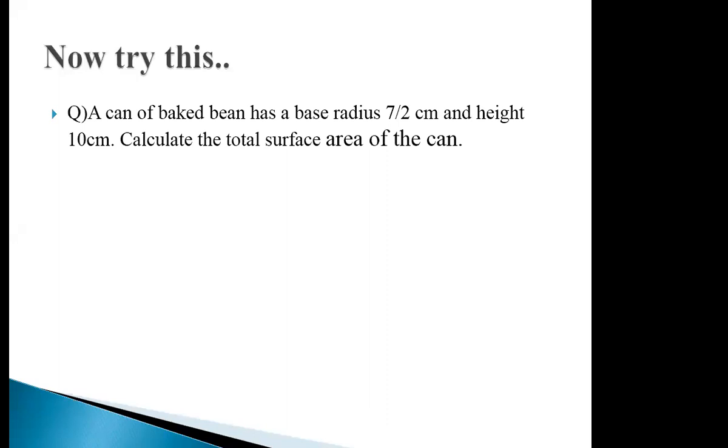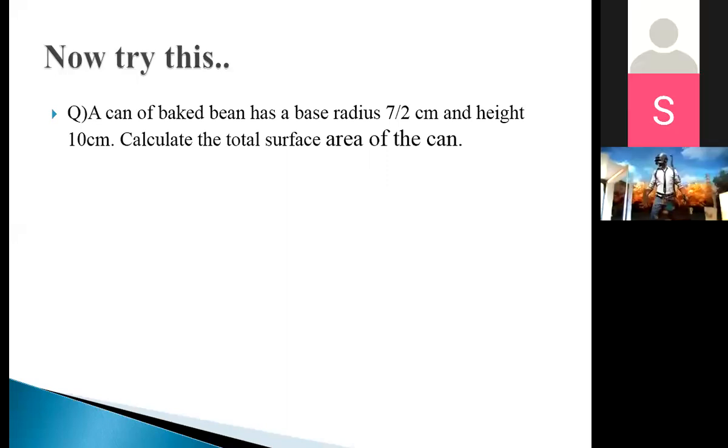Okay. So try this question first. You will draw the cylinder and then you will mention all the dimensions. That is, radius is 7 upon 2 centimeter and height is 10 centimeter. So calculate the total surface area of the can. 7 upon 2 is the radius. Now they have given you the radius above in fractions. They will not give you all the time in whole numbers, right? So 7 upon 2, you can simply cancel it with height, isn't it? You need to check whether it can be cancelled easily or not.